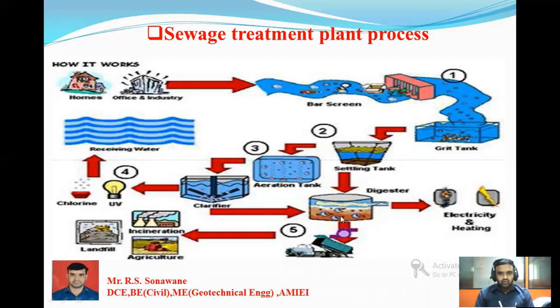can be removed in a digestion tank or digester from the clarifier and the settling tank, as well as electricity or heating power which may be used, and the last process may be transported for different purposes. In stage number 3, chlorination may be applied. The sludge can be used for agriculture, incineration or landfill purposes also. So this is the overview of a sewage treatment plant.